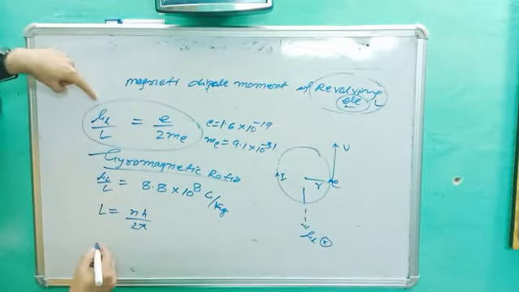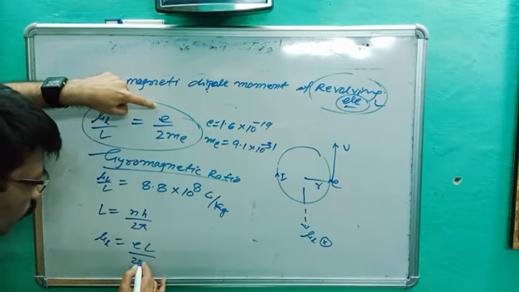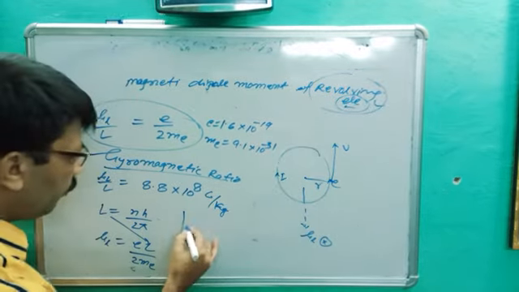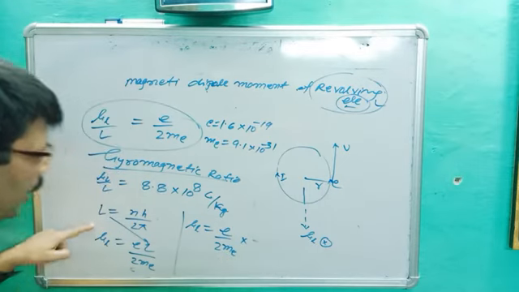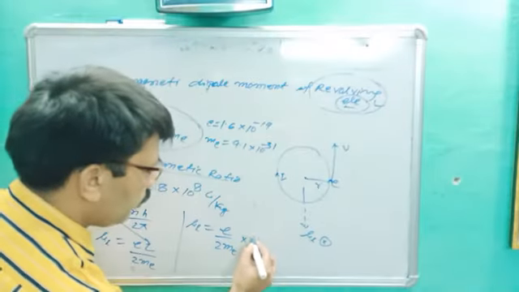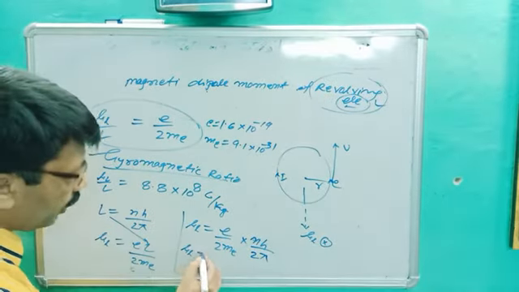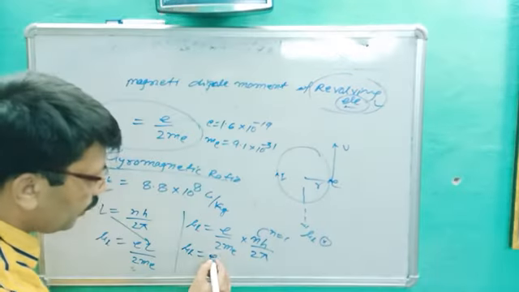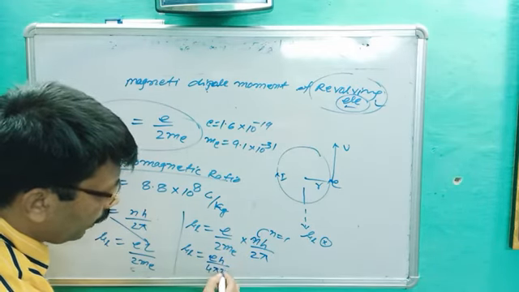Okay, so we can put the value. We know mu L is equal to E capital L upon 2me. So the value of L we can put from that. We will get mu L is equal to E upon 2me multiplied by the value of L, which is nh upon 2 pi. So what do we get here? Mu L is equal to, you better know for the Bohr model, n is equal to 1. It is only true for n is equal to 1. So we get eh upon 2 times 2, which is 4 pi me.